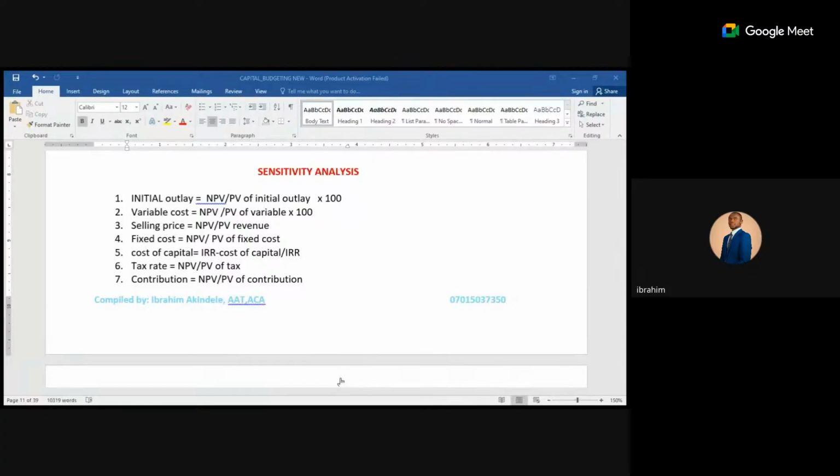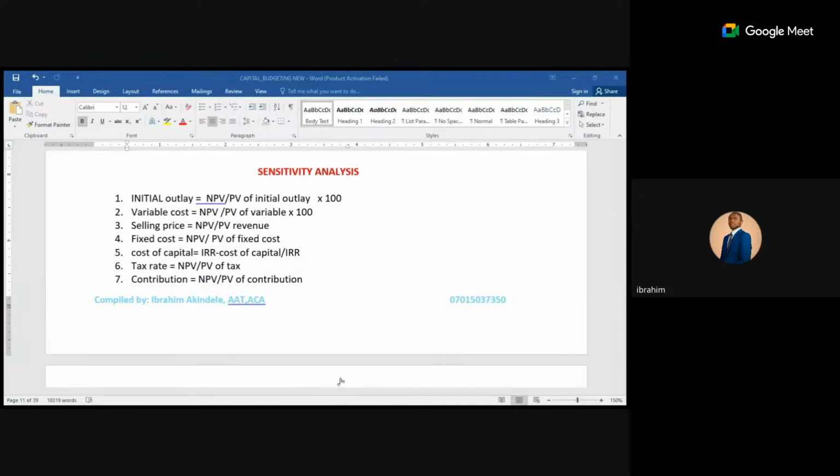So the sensitivity analysis. Now, what is sensitivity analysis? It shows changes in the variables. Sensitivity analysis means that you, as a project finance manager, are expecting this expected cash flow, this expected cash inflow. Now, what will be the changes? Changes means at what point will you make a sales change, such that if the sales move more than that percentage, it will make the NPV become what?